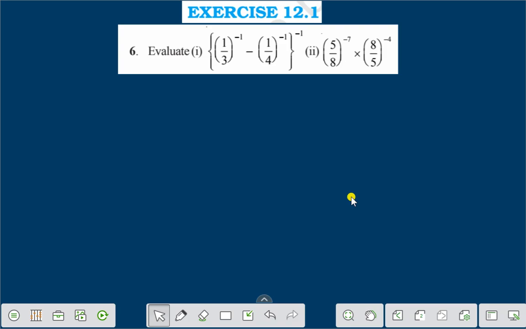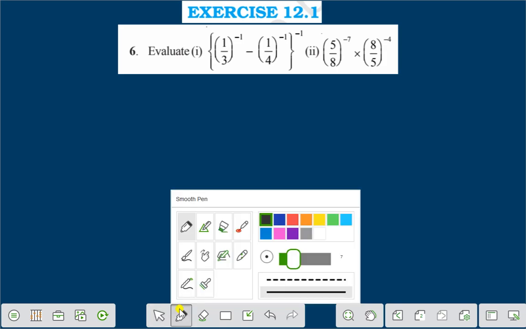Hello everyone. Today I shall discuss exercise 12.1 question number 6, that is, evaluate number 1 and number 2. Question number 1 and 2. Let us solve question number 1. Here you see question number 1 is